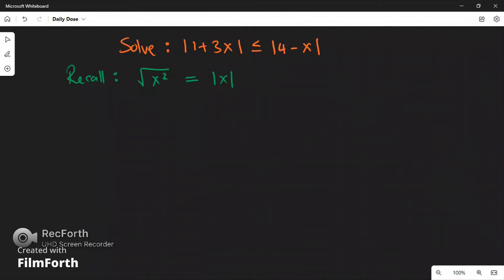So in order to use this result to solve this equation, it follows that if maybe I have the square root of (x plus a) all squared, this is the same thing as just saying the absolute value of x plus a, like that. So for our inequalities, then what happens? So for our inequality,